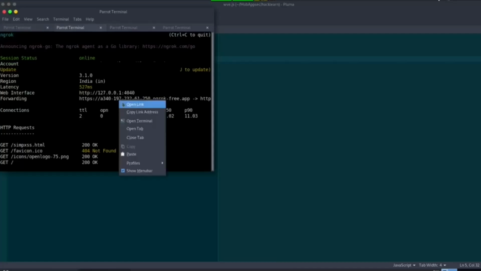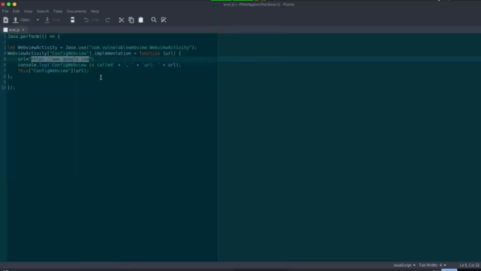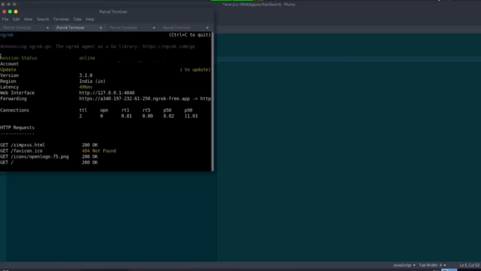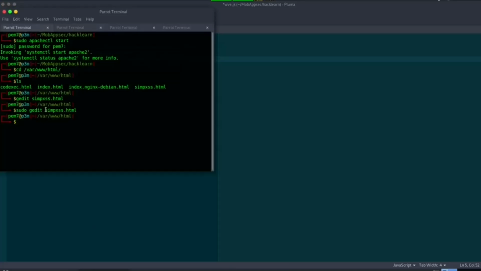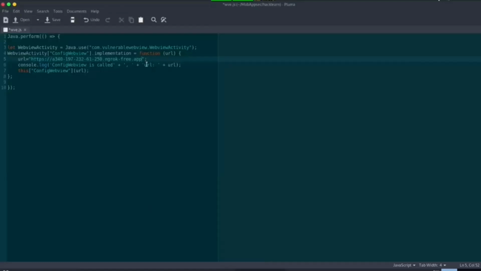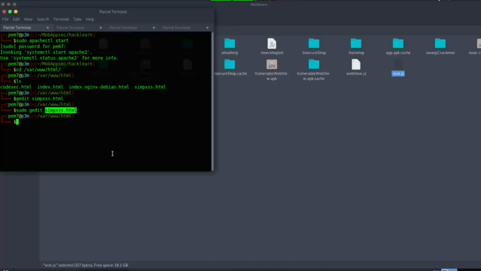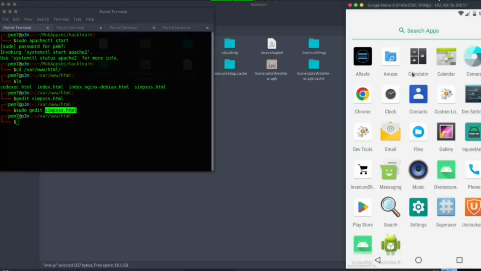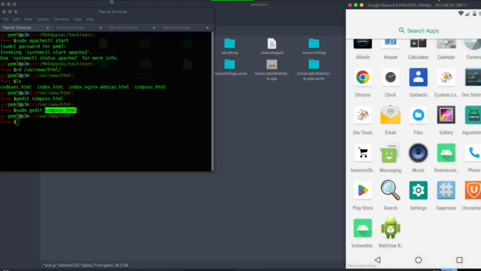Our URL, come back here, paste it here, and then also let's copy our payload, paste it there and save. So if everything is going to work, then we are going to have this XSS executed inside our phone. Okay, so let's start